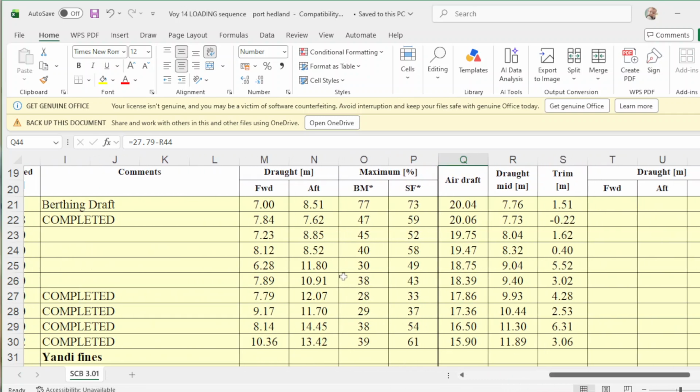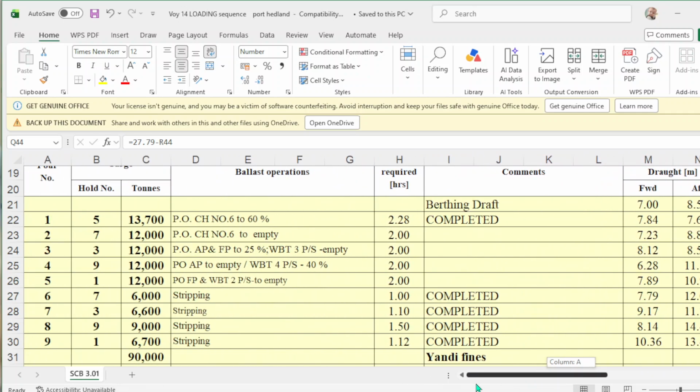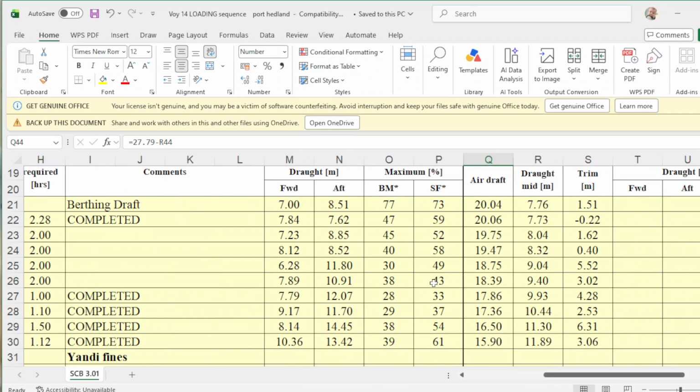And this will be the corresponding draft for every pour. So for every pour, there's a corresponding draft, forward and aft, mid draft, and the trim. As much as possible, you should have a good trim. This is okay because you only started to load, and as you continue to load, you should have a good trim. See, you have here 6 meters, then 3, you have 4 meters and 5.5.